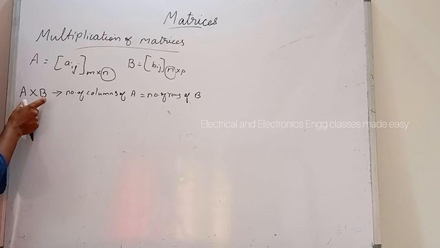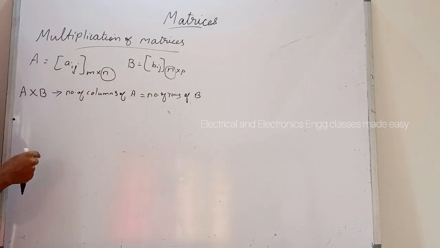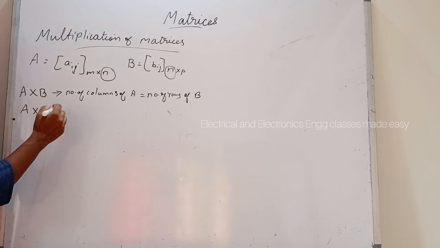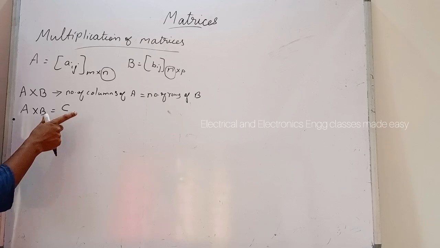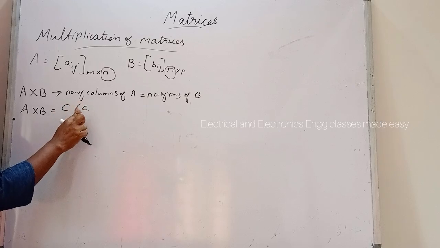So, two matrices A and B can be multiplied only if the number of columns of the first matrix is equal to the number of rows of the second matrix. And what about the order of the resultant matrix? So let the multiplication of the two matrices A and B be equal to matrix C, and the order of this matrix C is,